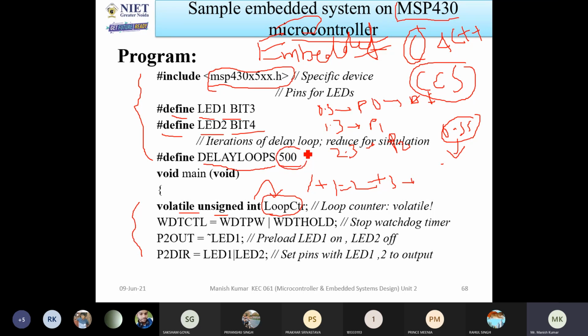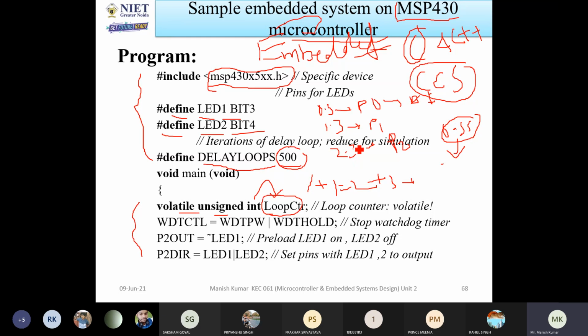Then when it reaches 500, you can stop that. Stop means turn on. Let us consider the first option is turn on, then the second option is turn off. After it reaches 500, it will again turn off. Again it will reach 500, then again it will turn off. So turn off, turn on, turn off, turn on, turn off will be continuously happening.